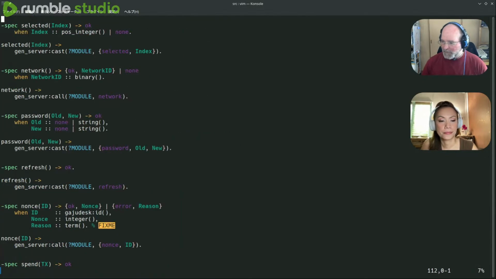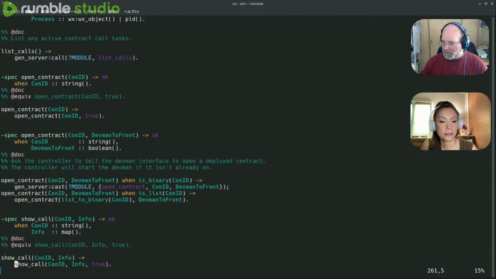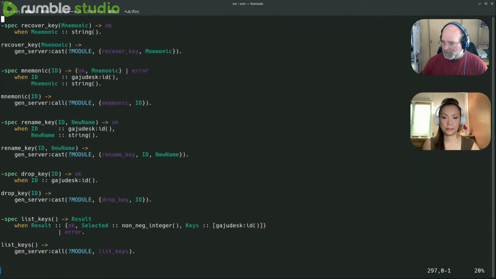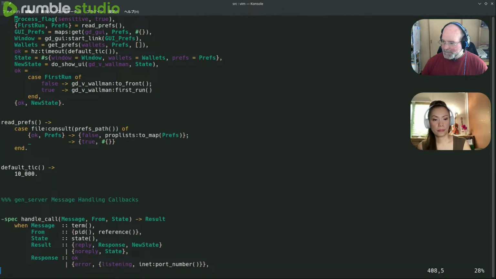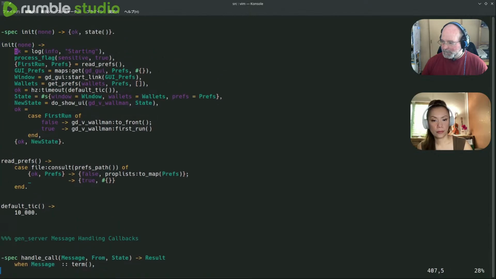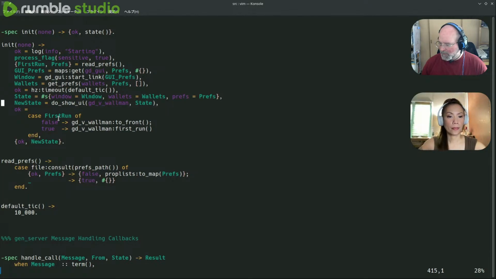Let's see what happened when we init open contract. So we have a couple of things here. Case first run of true, we do the first run. If false, we call wallman to front. Show UI wallman.